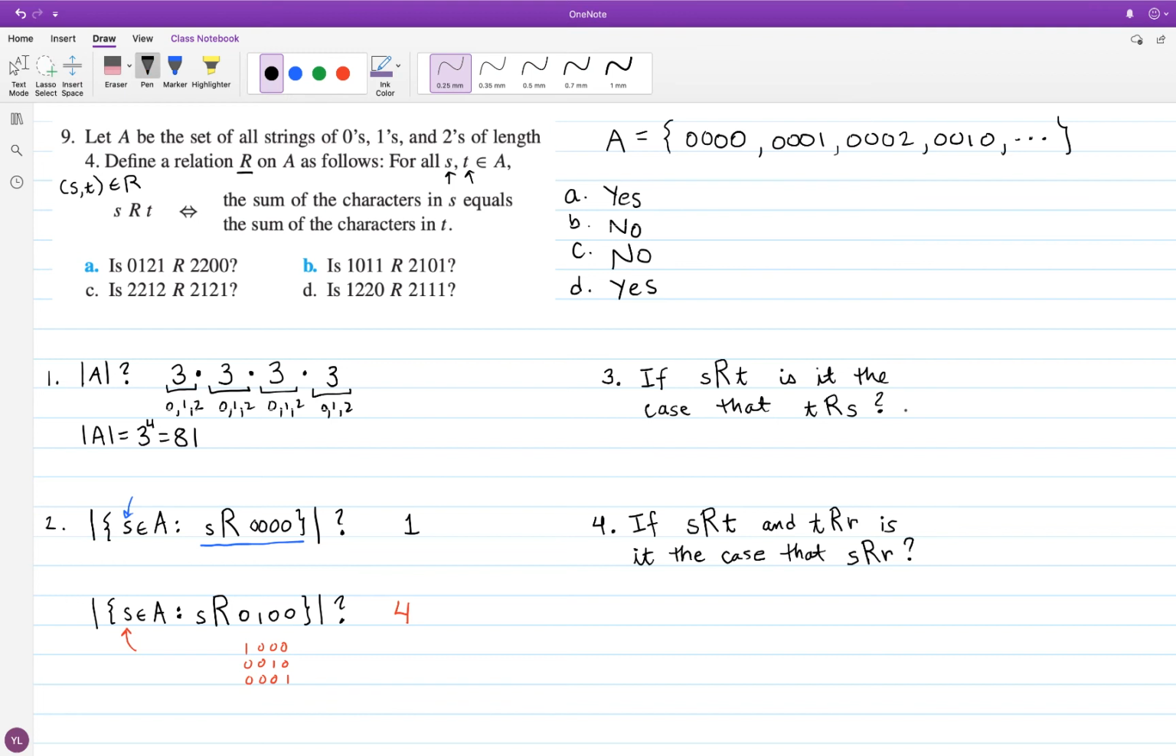Okay, what do we have next? Number 3. This is sort of like a general question about this relation. If you know that S is related to T, do you know that T is related to S? And this is just sort of a consequence of how the relation is defined. The answer is yes,